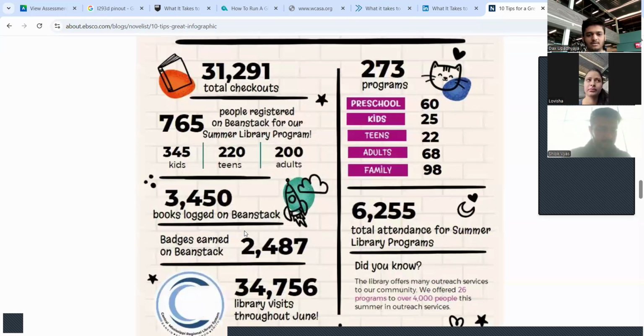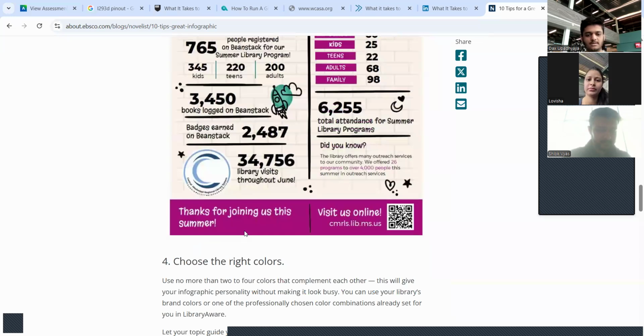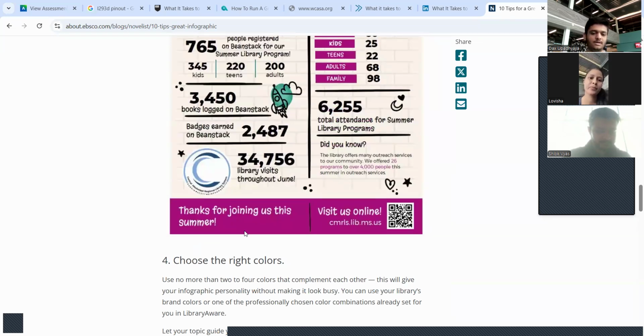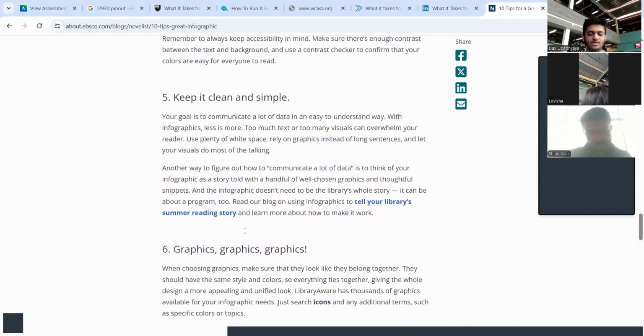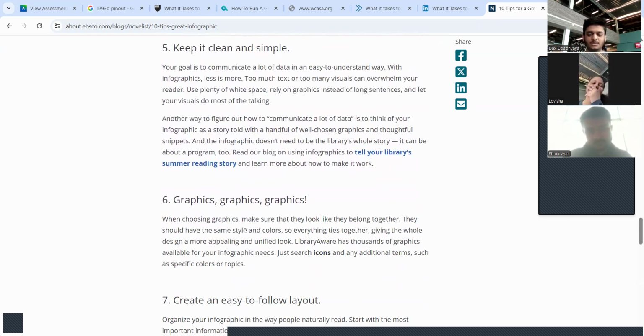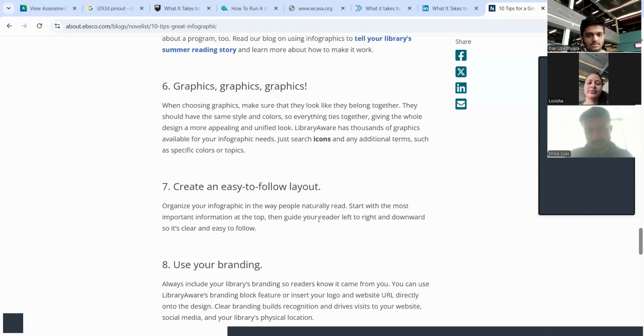This is an infographic, and it looks good. We will only look at these things if they look attractive. If they don't, we won't even take a look, even if it's in front of us. It also includes selecting the right colors, and we should keep it clean and simple, because then there is less to read, so people will read it more. If it's like a paragraph or an essay, nobody is going to read it.